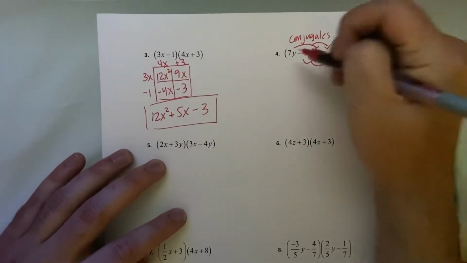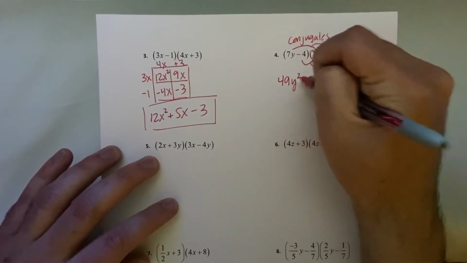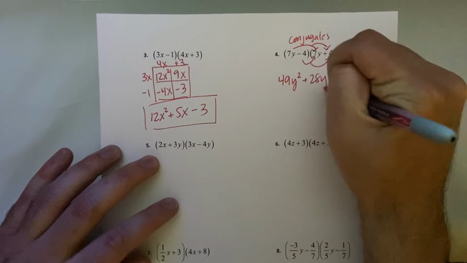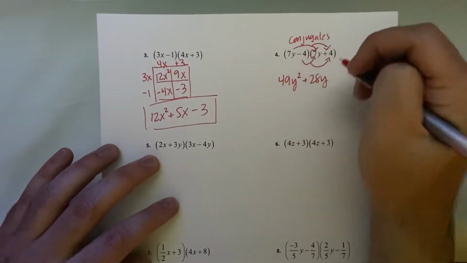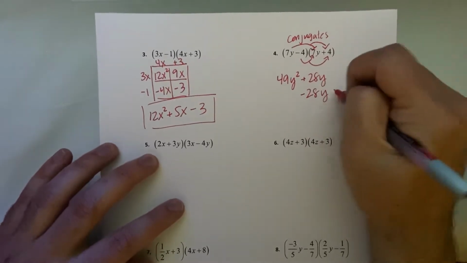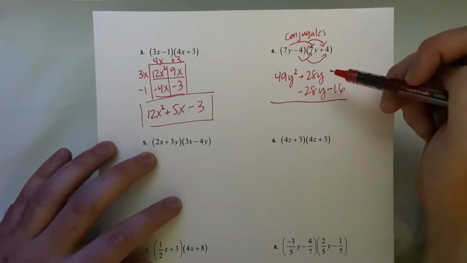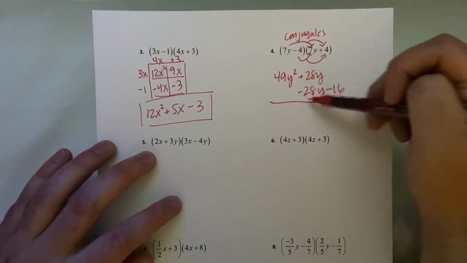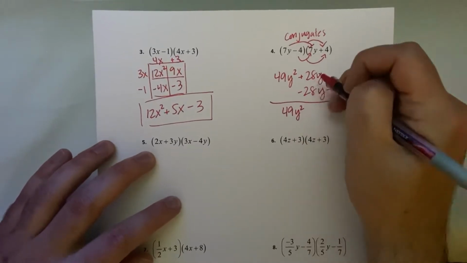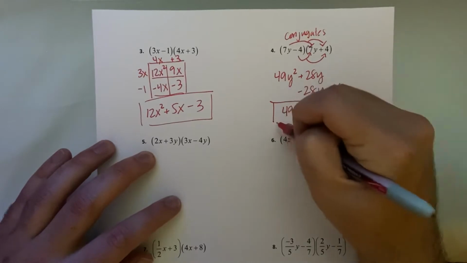Let's draw the arrow. 7y times 7y is 49y squared. 7y times 4 is plus 28y. Negative 4 times 7y is negative 28y. Negative 4 times 4 is negative 16. So that special property that we're talking about is, notice these two middle terms, what happens to them? They cancel each other out. So it's 49y squared minus 16